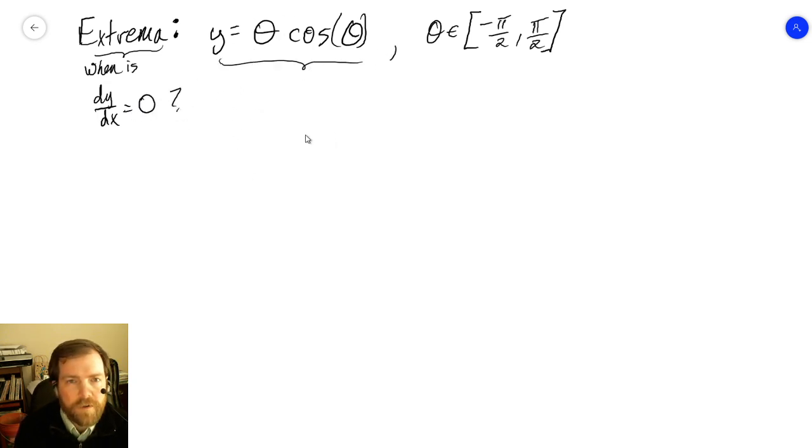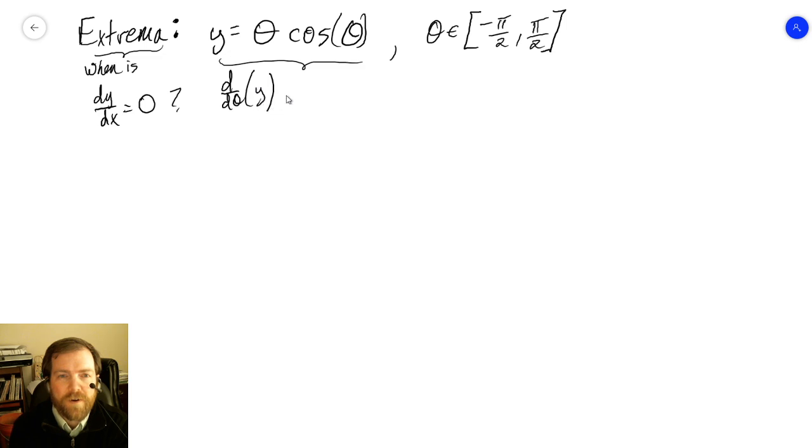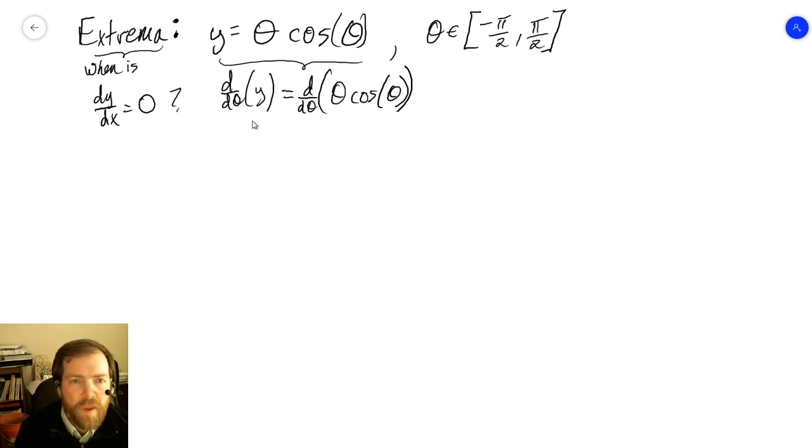So for here, we're going to be doing the same sort of thing. d/dθ, because this is theta, of y equals d/dθ of θ cosine θ. Okay, so we want our dy/dθ to be 0, and d/dθ of the right hand side is going,